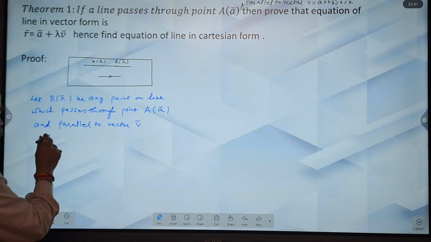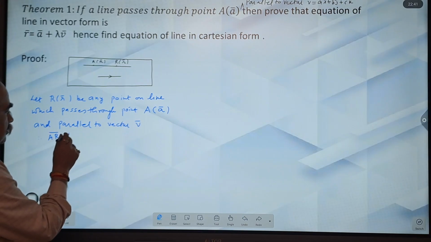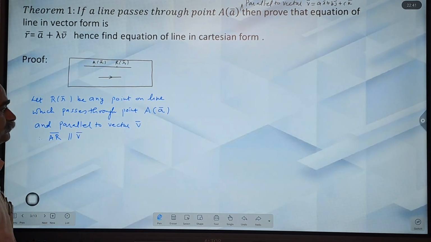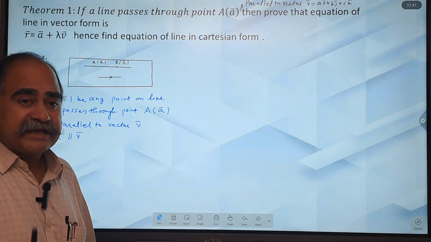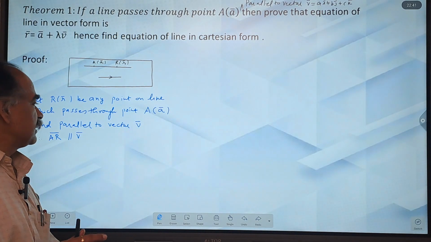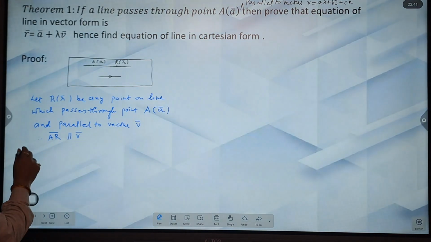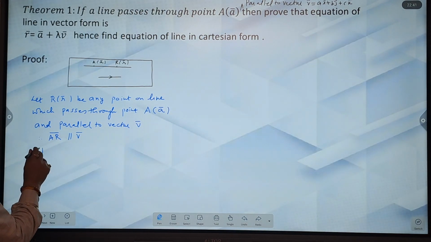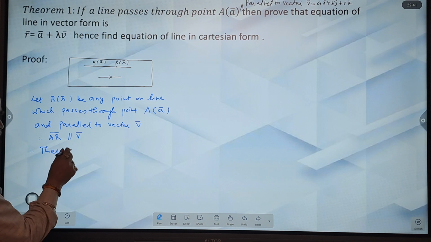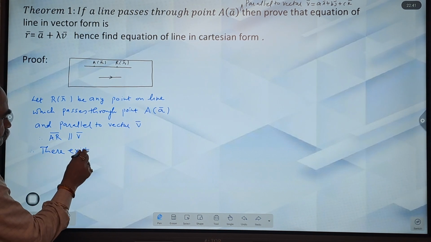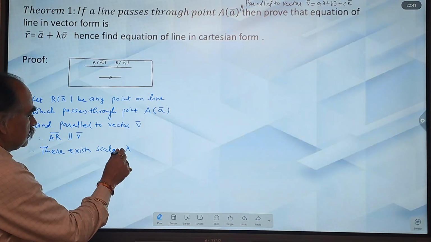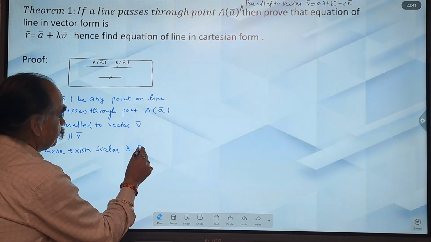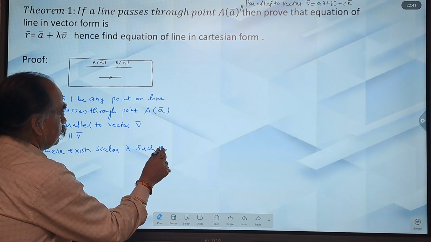Therefore, AR bar is parallel to V bar. All of you know that when two vectors are parallel, they can be expressed as scalar multiples of each other. Therefore, there exists scalar lambda such that